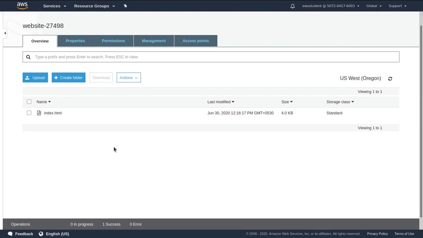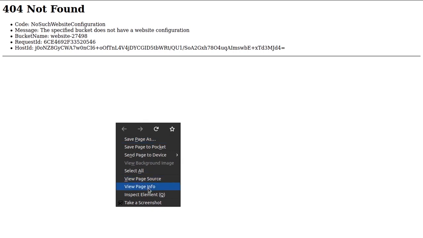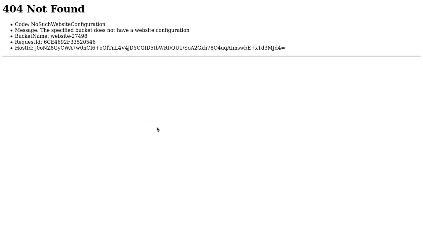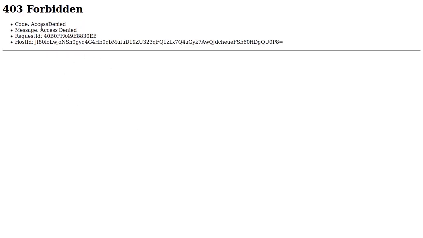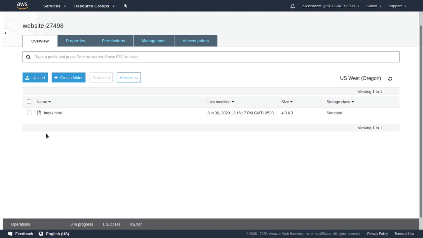Return to the web browser tab, which showed 404 earlier, and now refresh the page. Note, if you accidentally close the tab, go to the Properties tab, click on Static Web Hosting, and click on the Endpoint again. You should now see a forbidden message. This is good because it indicates that your static website is being hosted by Amazon S3, but the content is